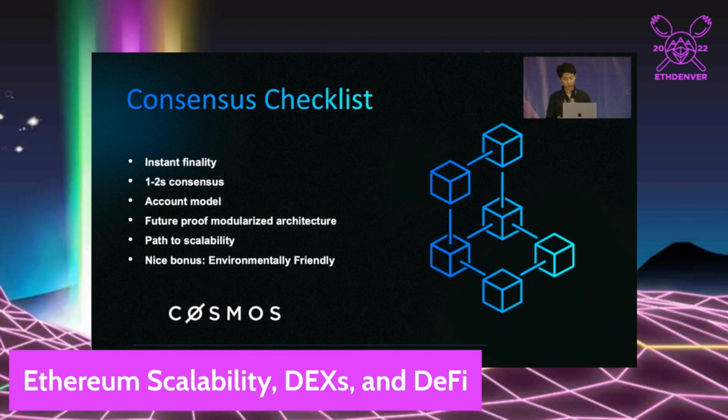And generally, we'd love to have a path to scalability, because technically speaking, blockchains don't scale. But it should allow for the option of scalability via layer 2, via horizontal scaling, via IBC, and a nice bonus would be being environmentally friendly. And that's how Injective ended up adopting Cosmos, getting its own spin on it towards building this chain.